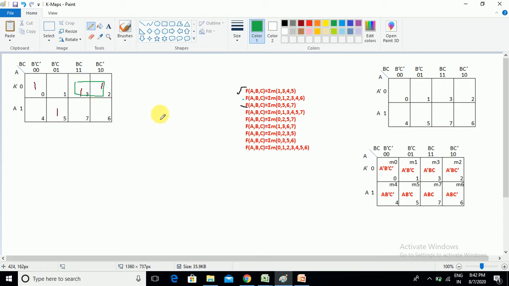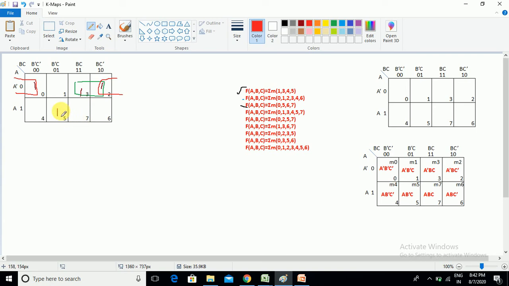Now let us think about the ones which are not in a group. 0 is not in a group, 5 is also not in a group. But 0, in the folding paper procedure, we can create an adjacent edge grouping, that is 0 and 2 with overlap. With overlap we can create one group. So let us create that group, 0 and cell 2. Now these two are in one group. Only cell 5 is not in a group.